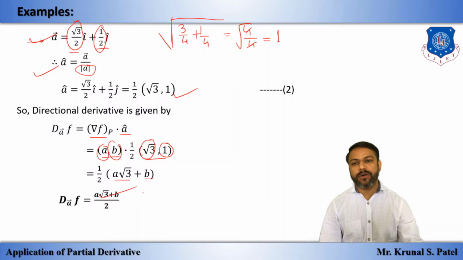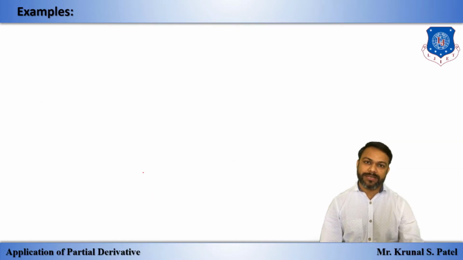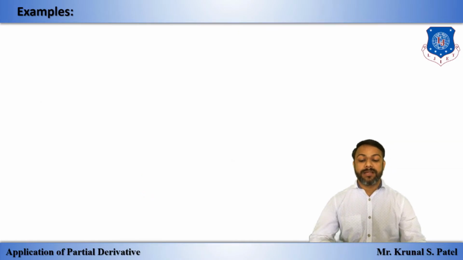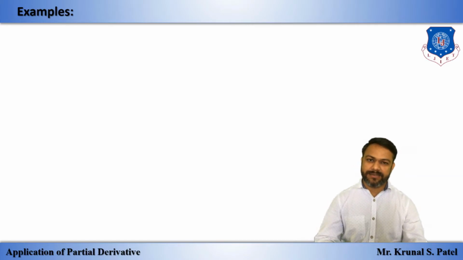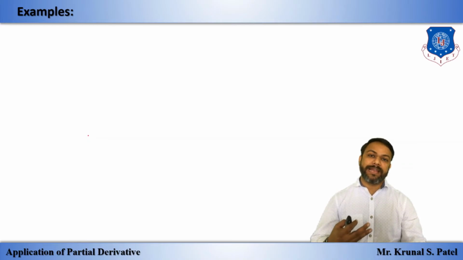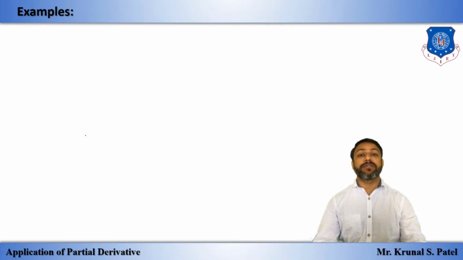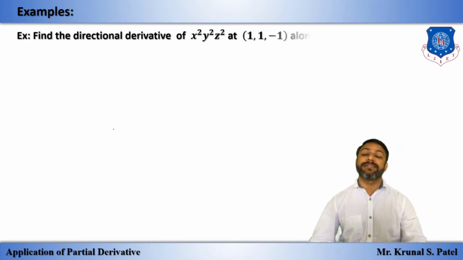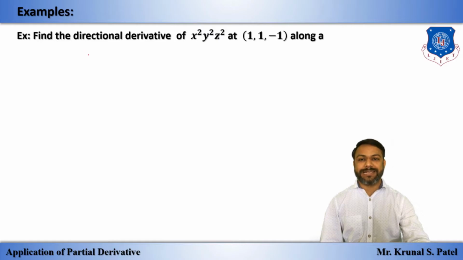Okay. Now one more example to understand directional derivative, because here the change is in the direction vector only. Other than the direction vector, there are no different varieties. So the variety is in the direction vector. In the first example, the direction vector is directly given. In the second example, we have seen that we are given a vector which makes an angle with the positive x-axis. Now, what is the variety in this example? Let's have a look at the example.